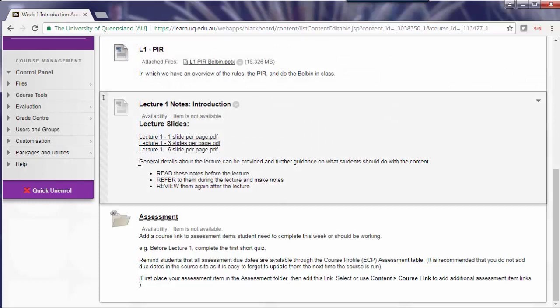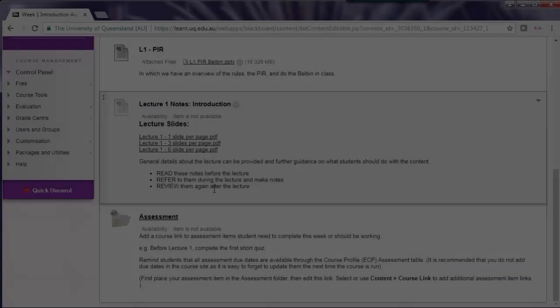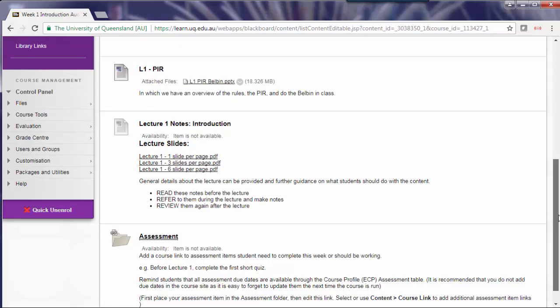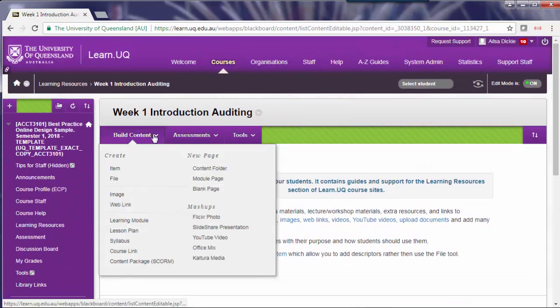So one of the things to note with the example, which may be useful to you, is it's really a good idea to provide further information with each resource about what the students should be doing with the content. So in this case, read, refer, review. You may also want to provide a link to an assessment item. All the assessment information should be placed in the assessment area, but if a student should be working on that assessment item this week, you might want to add a course link to that in the Learning Resources area. So to do that, you go Build Content, Course Link,